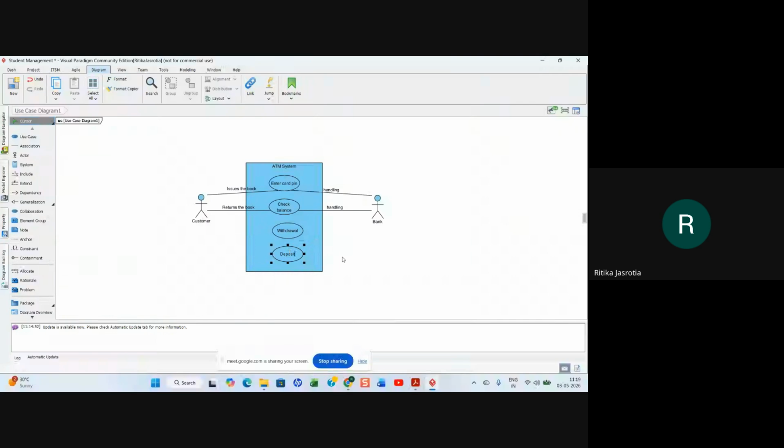These are the use cases, and the customer can enter that card pin also. Customer can withdraw money. Customer can deposit money, right? Then all these things are handled by the bank.